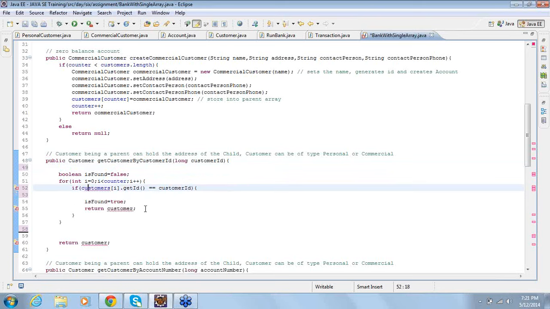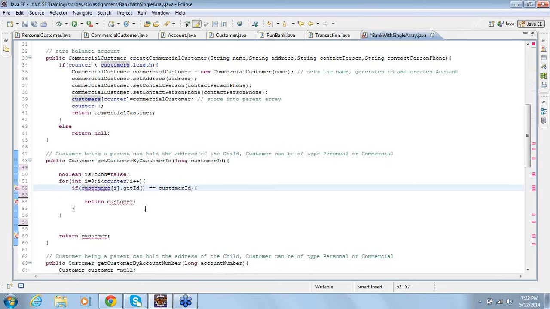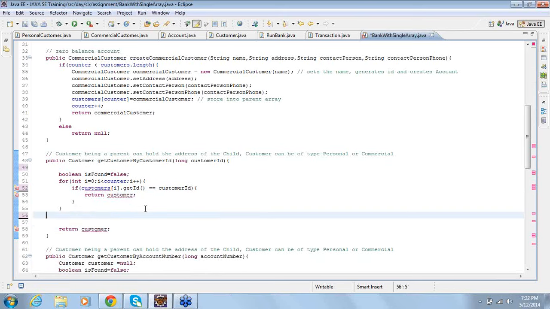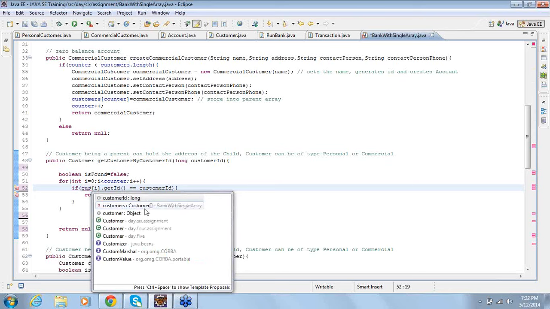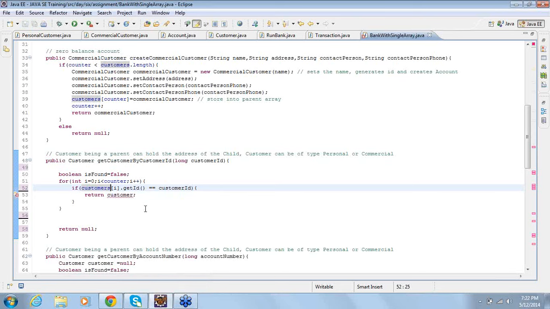So if customers of I dot get ID is equal to the given customer ID, then just return that customer, else you return null. That's it. So this has become much simpler than maintaining two arrays.